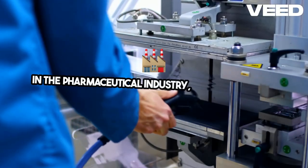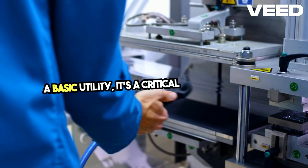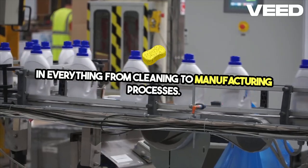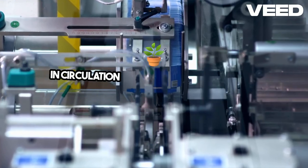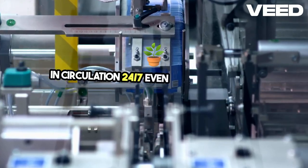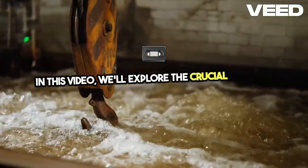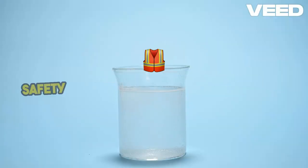In the pharmaceutical industry, water is not just a basic utility. It's a critical component used in everything from cleaning to manufacturing processes. But have you ever wondered why pharmaceutical water is kept in circulation 24/7, even when the plant is closed? In this video, we'll explore the crucial reasons behind this constant motion and the science that ensures the safety and